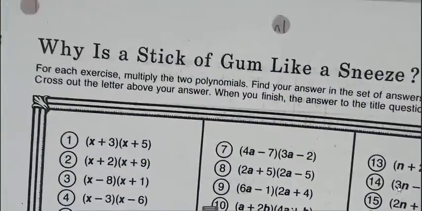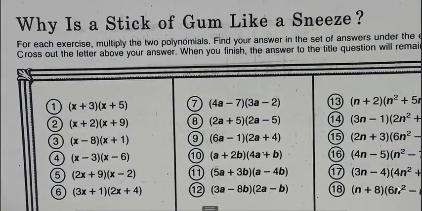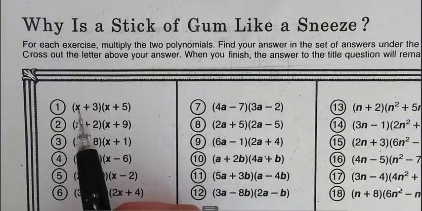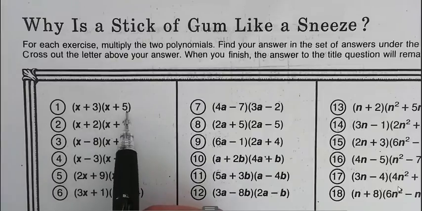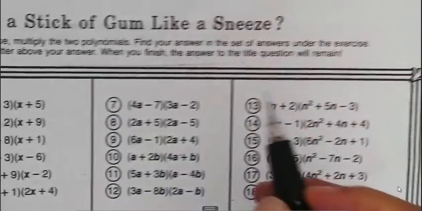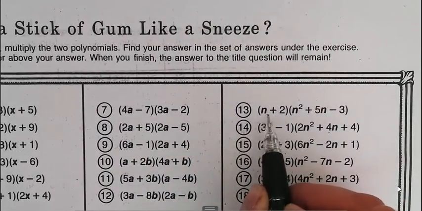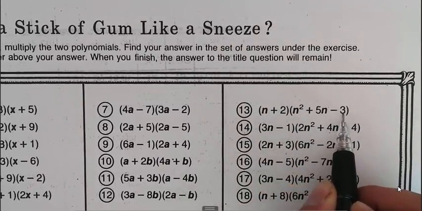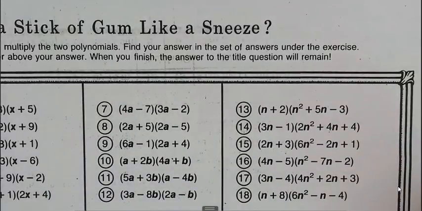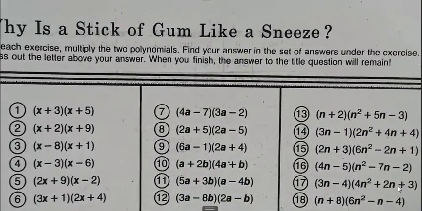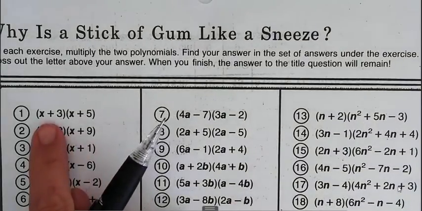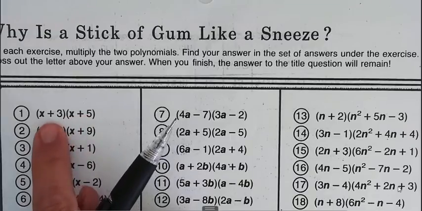So I had given you a handout in class, and you'll notice that two of these columns involve binomials being multiplied together. The last column involves a binomial being multiplied by a trinomial. Okay, we're going to treat these two a little bit differently, realizing that whenever we multiply polynomials, we always use the distributive property. But for the time when we are just multiplying binomials, I am going to introduce you to FOIL,